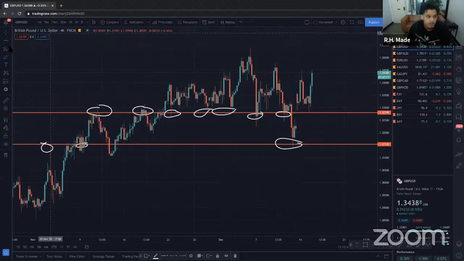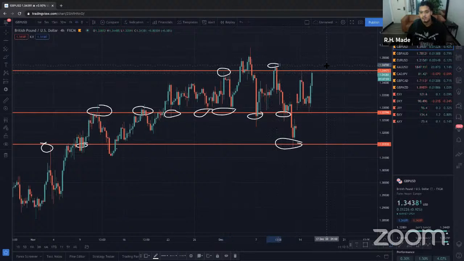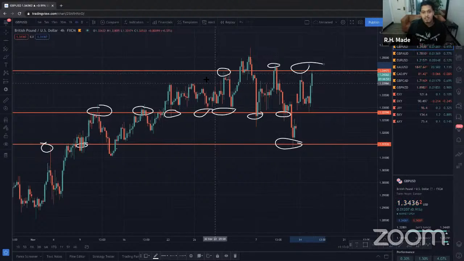And up here we have some resistance. As you can see, we rejected 1 time, 2 times, 3 times, and it's currently at the resistance zone right now. All right, so we're just gonna wait and see what happens. If it breaks and retests, or if it respects this resistance area and continues to sell. Okay,